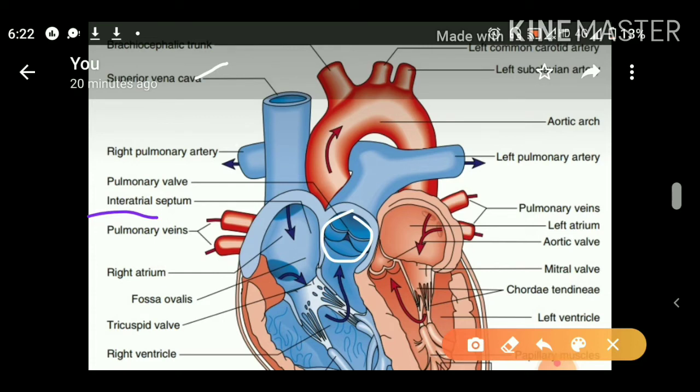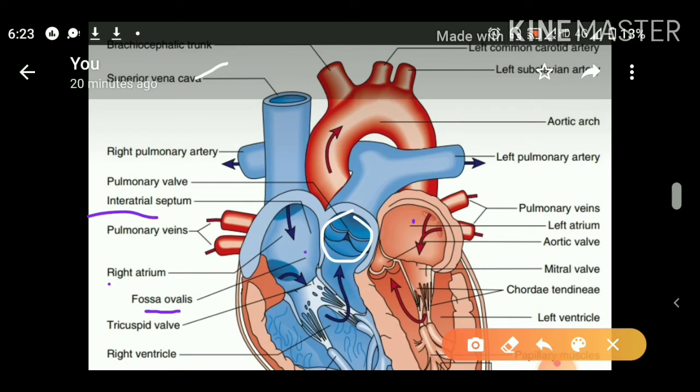Pulmonary veins, it is in pair, and we have two pairs, one from right side and one from left side, which carry oxygenated blood to left ventricle. Next is right atrium, which receives deoxygenated blood from superior vena cava, from inferior vena cava, as well as coronary sinus. Fossa ovalis, it is the pore between right auricle and left auricle in case of embryo,